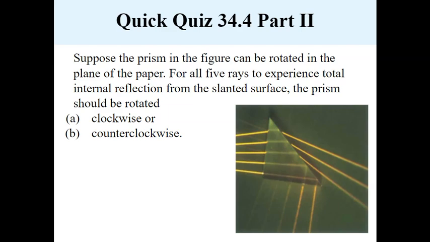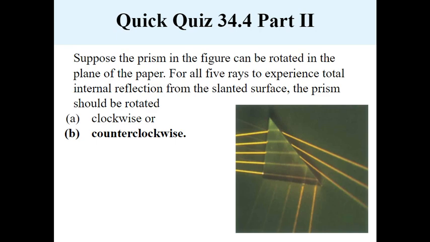Now, the second part asks about rotating the prism, and the question is, how would you rotate it so that all 5 rays experience total internal reflection? So what you have to do is rotate the medium so that the angle of incidence increases, because you've got to up the angle of incidence to create total internal reflection. And since you can't move the light beams, you can only move the medium. You want to move it so that now between the normal and the light beams, there's a bigger gap, right? There's a bigger angle. And that ends up being the counterclockwise direction. So if you flip this triangle counterclockwise,